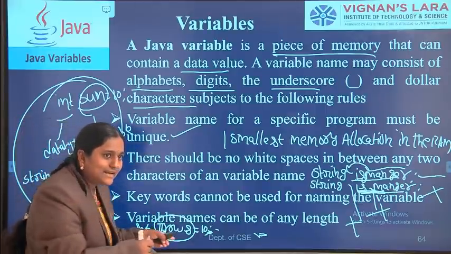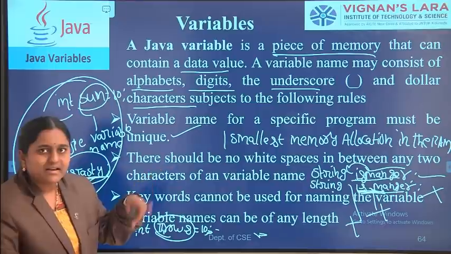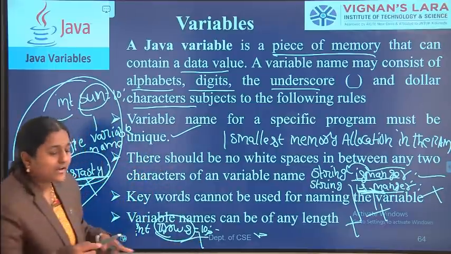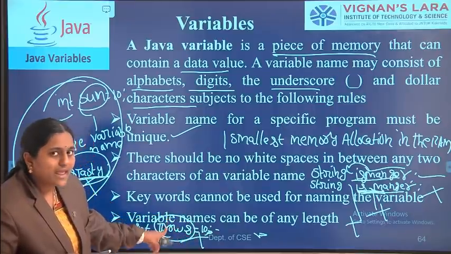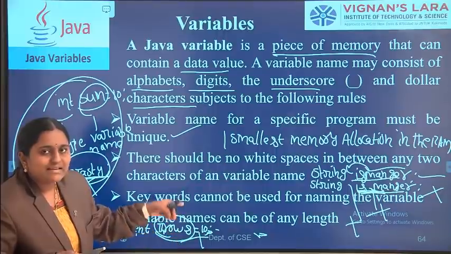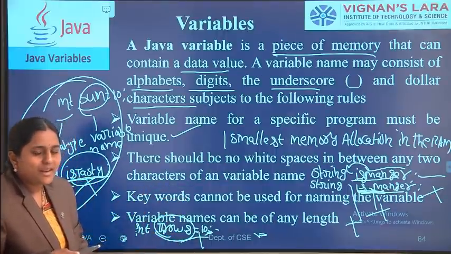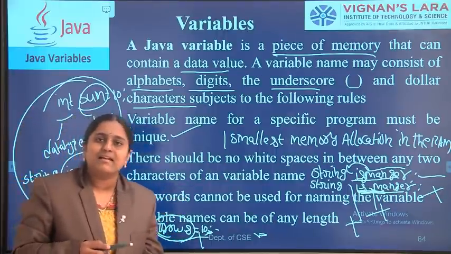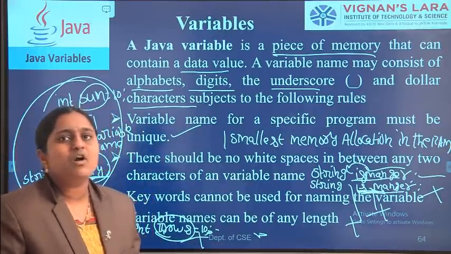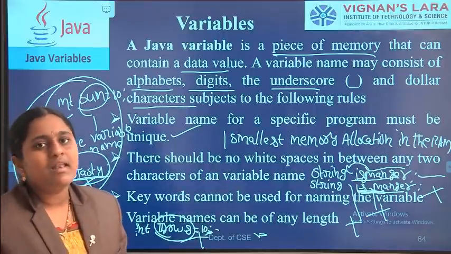So is it a valid variable declaration or an invalid variable declaration? Invalid variable declaration. Why? Keyword names cannot be used as variable names. At the time of developing the program, we can define a keyword name as a variable name, but at the time of compilation, it leads to an error. Our Java program would not compile successfully because keyword names cannot be used as variable names.